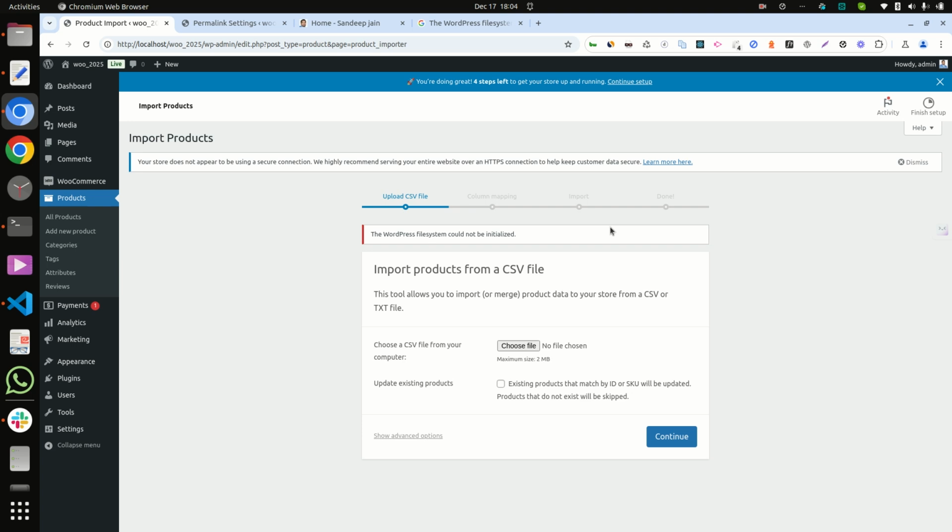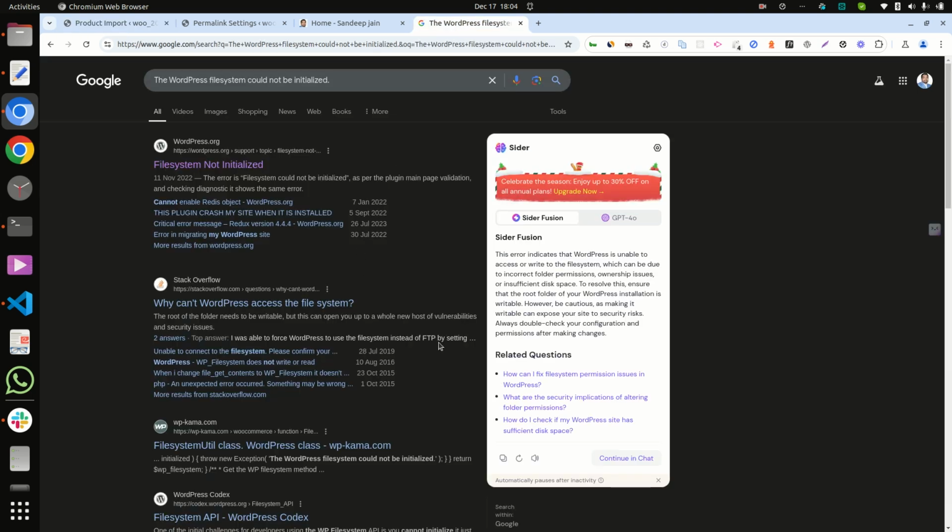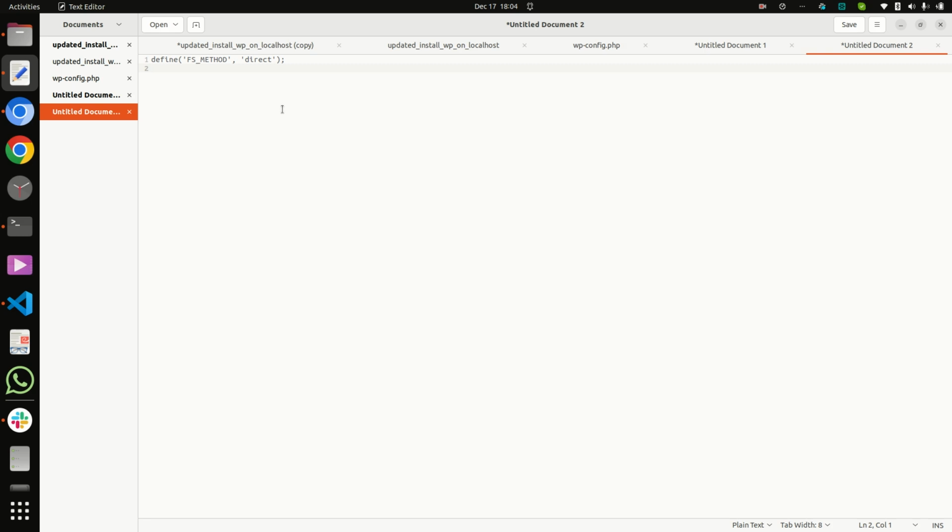So this is not an issue of 777 permission or anything else, but some issue with the file system. For that, I found one define constant, FS_METHOD, and it is direct.